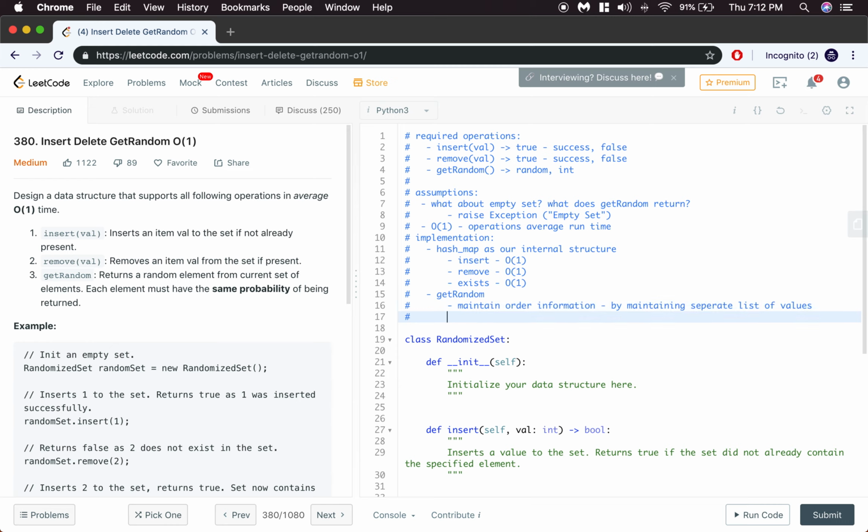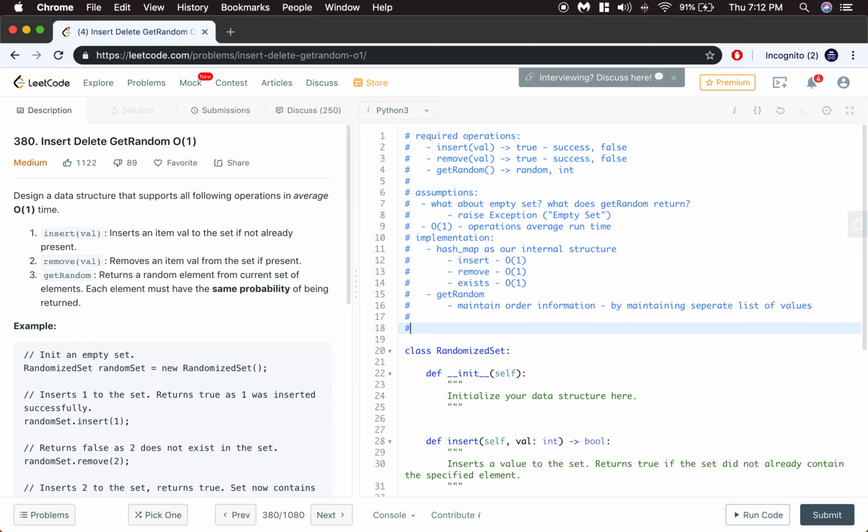And how would that work? Let's get into some examples. Let's say we have values 1, 2, and 3, right? So let's say within our set we have values 3, 2, and 1. When GetRandom is called upon, we'll be generating some random values between 0 and 2, right? And because we have the values stored within this list already,